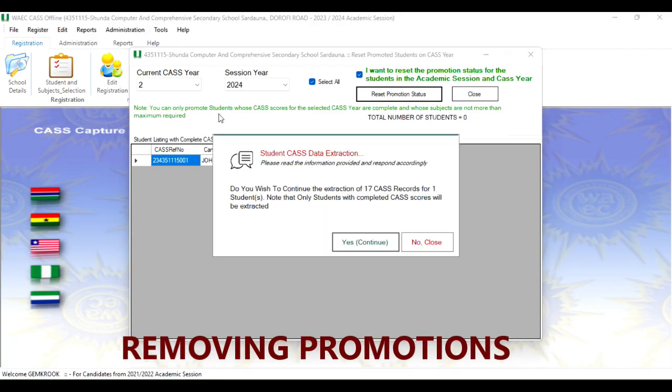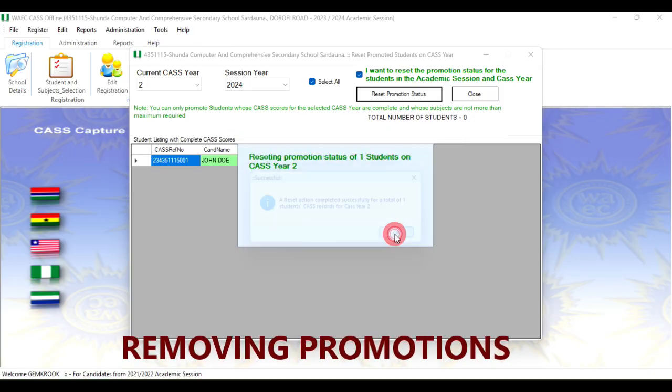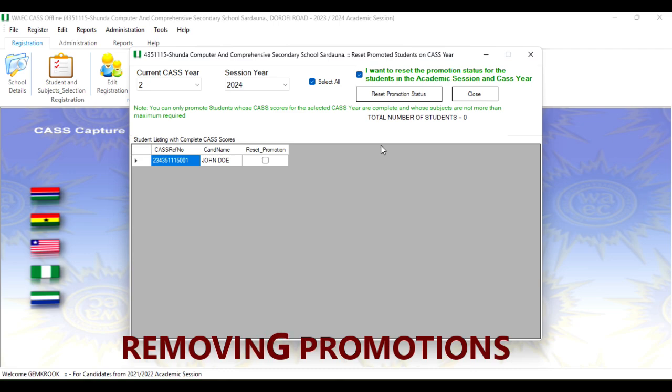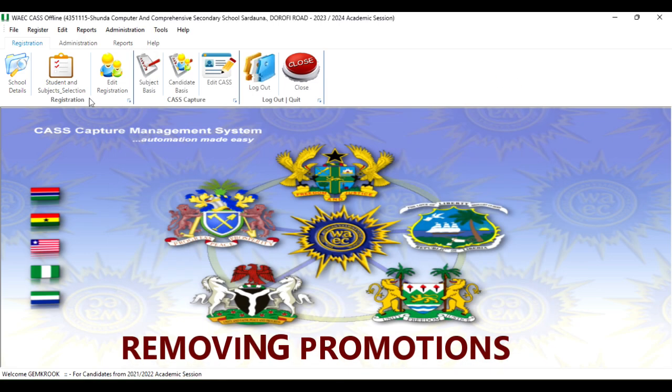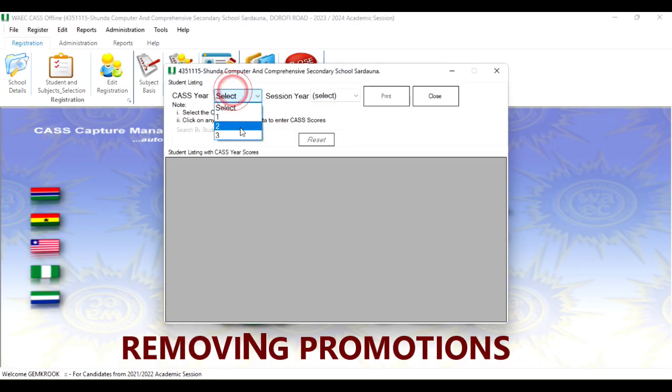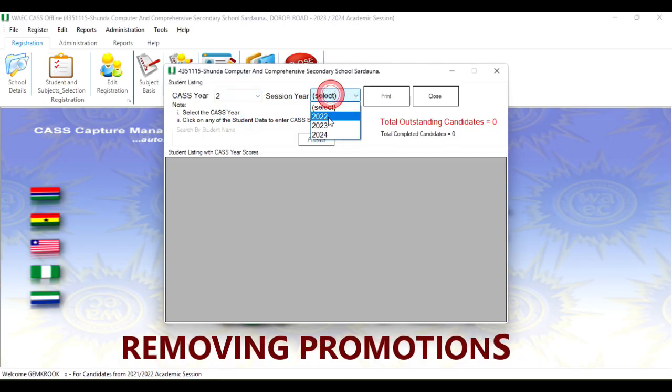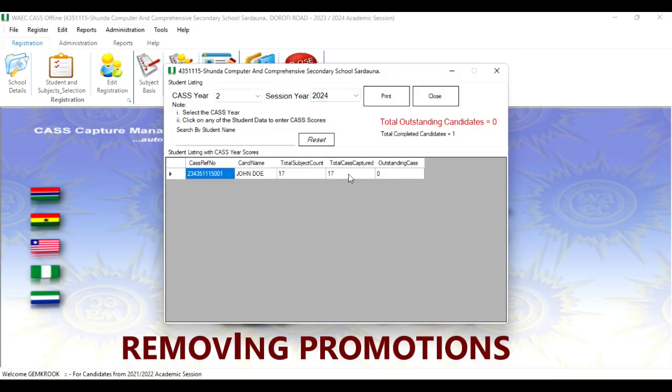You see, you can only promote students whose CASS score for the selected year are completed and whose subjects are not more than the maximum required. Yes. Good. So we have now reset this promotion status. What is the implication? Let's go back to candidate basis, year 2, 2024. You see the student is still here,